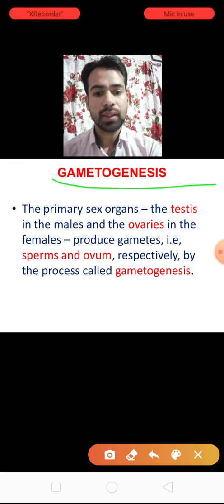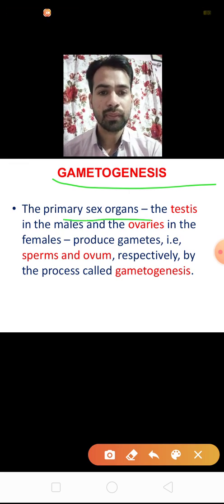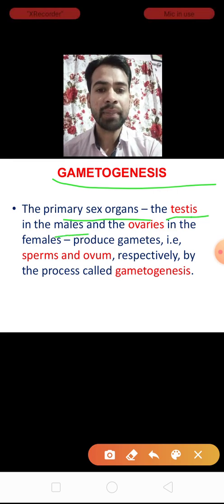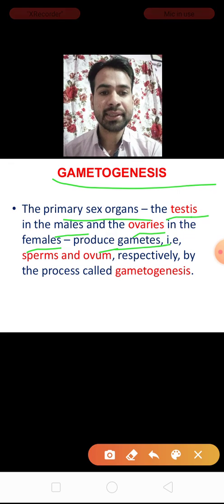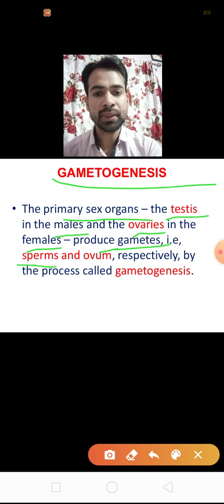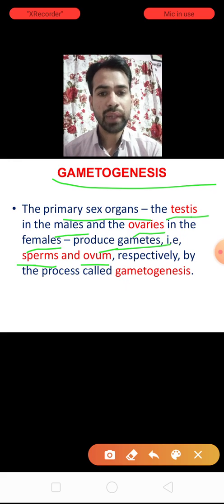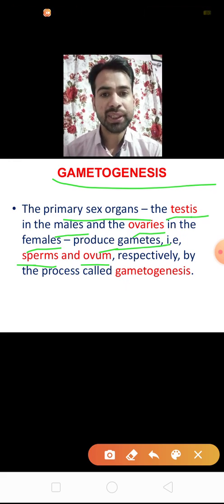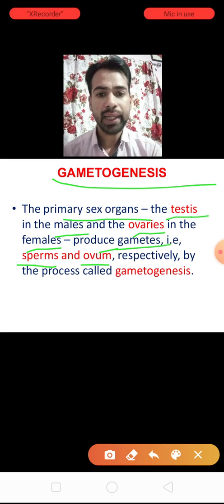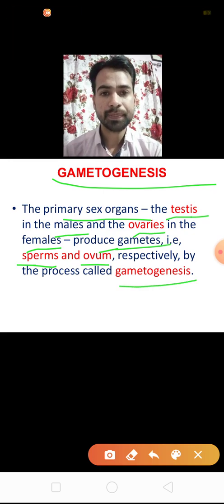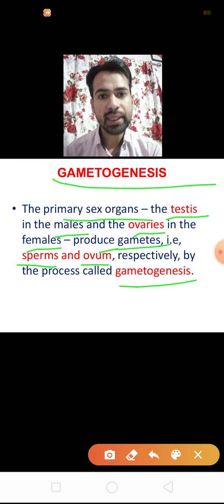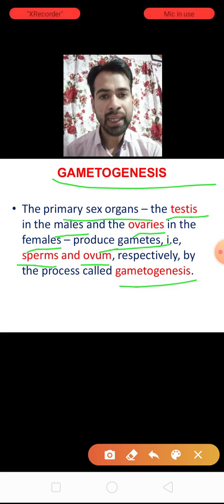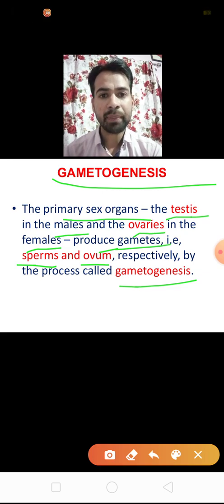See here, the primary sex organs, testes in the males and ovaries in the female, produce gametes, that is sperms and ovum. Okay, and the process by which sperms and ovum are formed is gametogenesis. Okay, clear? I repeat once again, gametogenesis is the process in which the male and female haploid gametes are